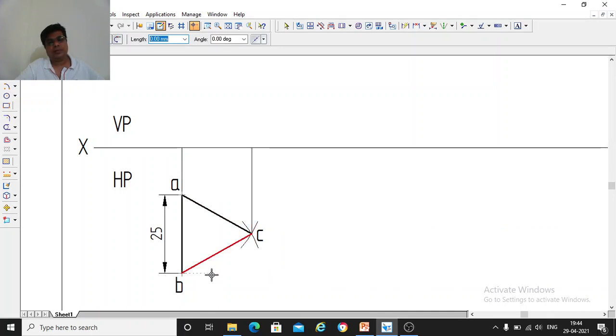You are seeing from here, the front view you are seeing from here. So this is the horizontal plane, the object is kept here, right? So this is BC, you are seeing from the front. When you see from the front, this edge will be projected on the vertical plane. So this front view will be on the XY line, okay, because the object plane is on the HP. If the plane is above HP, then the front view will be above the XY line in the VP.